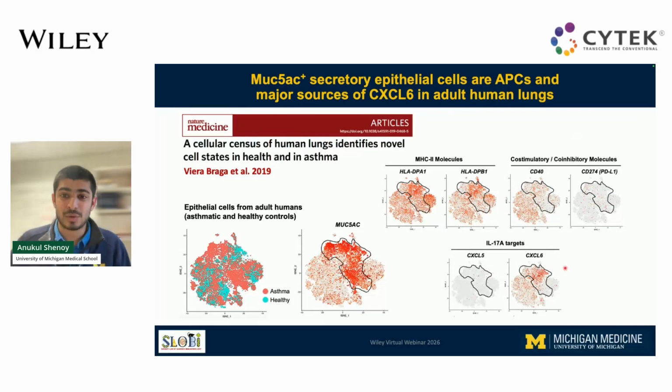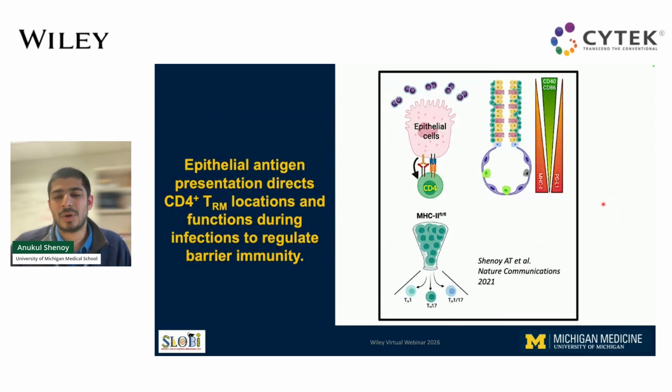We can also see clues for this in a human lung from Dr. Teichmann's work, where we find that the mucin-producing epithelial cells in an asthmatic lung also happen to produce most of the CXCL6, which is the human ortholog of CXCL5, and also express a bunch of MHC-related molecules like MHC2, CD4, and some PDL1. So then the final obvious question is, if they are expressing MHC class 2, can we delete this MHC and